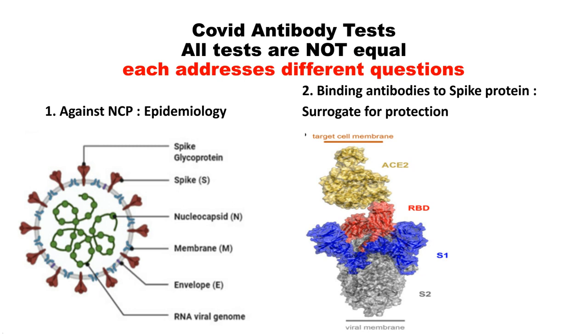So depending upon the purpose for which you are doing the investigation, you should choose the right serological test. If it is for epidemiology, then nucleocapsid protein, because it is the most immunogenic, would be most suitable. While if you are looking for protection or as a surrogate for protection, then spike protein, especially using the trimeric S protein, would be good. The difference between the two is that since nucleocapsid protein resides inside the virus, it would normally indicate infection and would not play a role in protection.